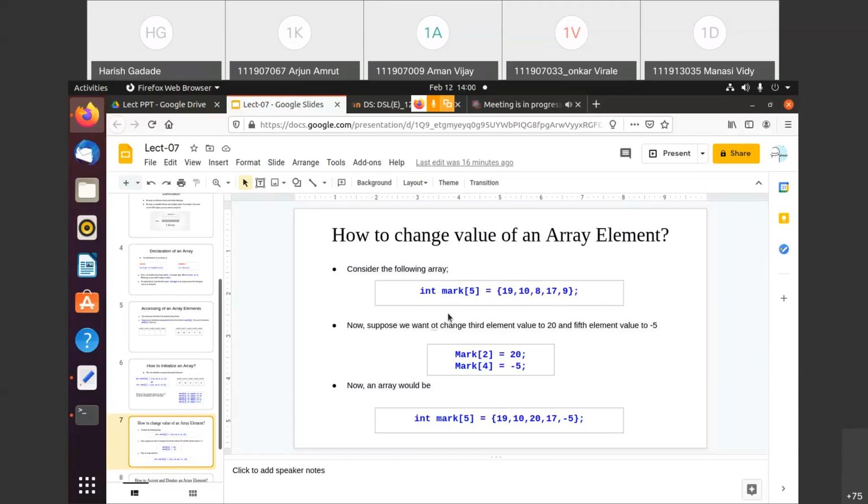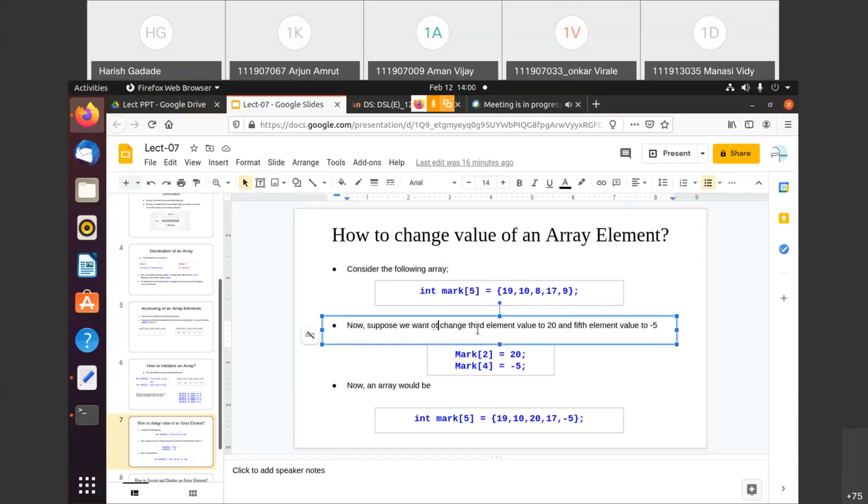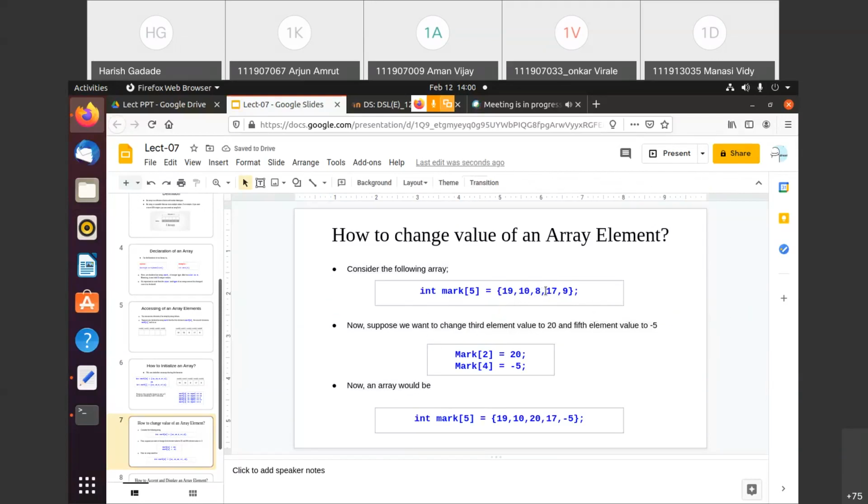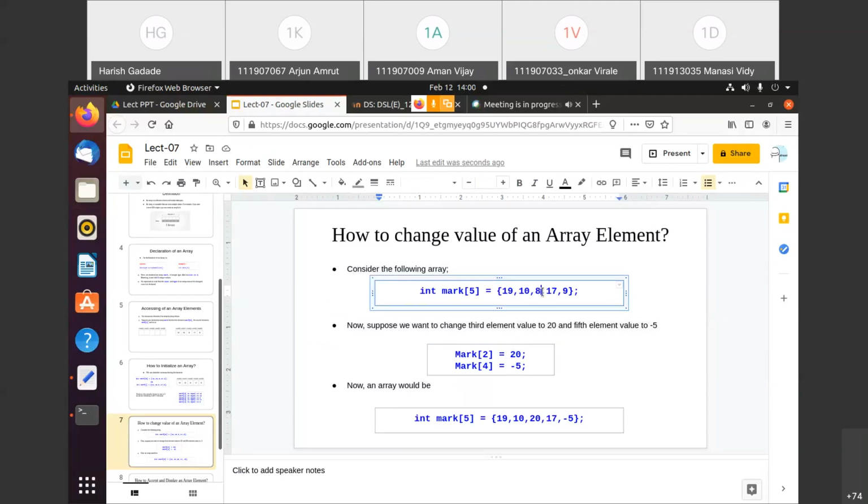Like this. So in this example I just told, so second and fifth value to modify, I just told here in this slide. So third and fifth. So third means this one, and fifth one is last one. But index for this is 2 and index for this is 4. So here mark 2, for this mark 2 I just assign the 20 value, and mark 4 I assign suppose